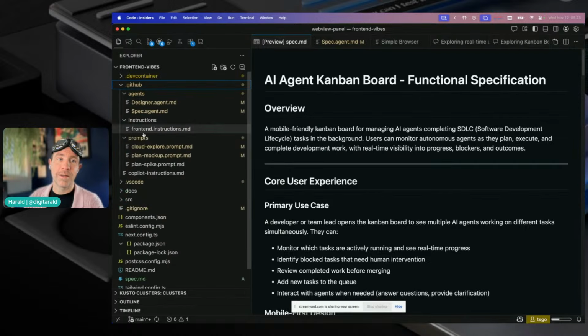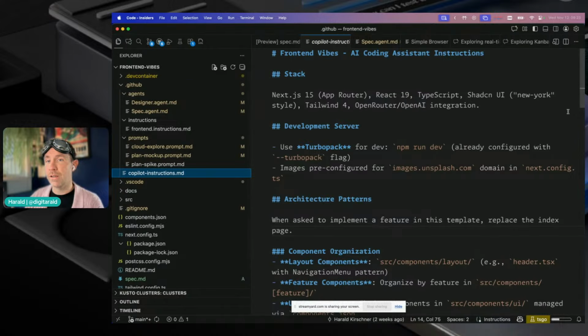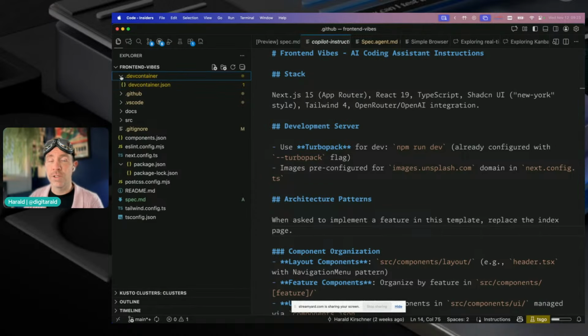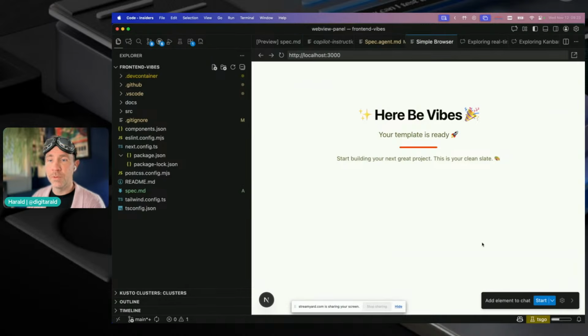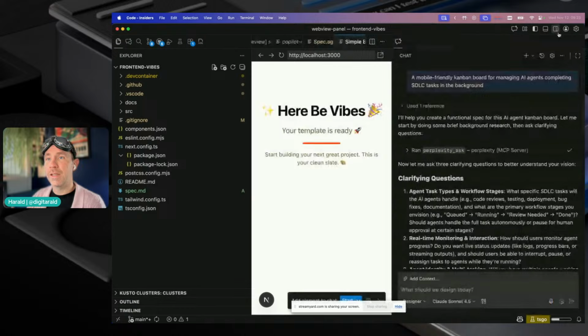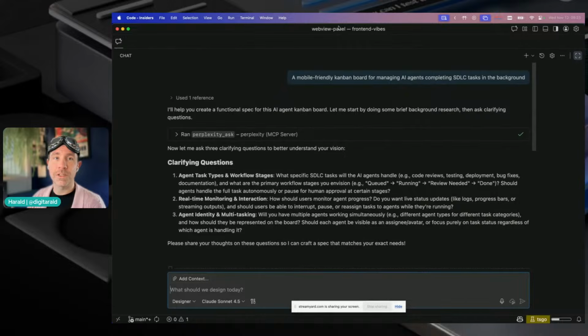It has some documentation to describe the repo, Next.js, CDN. It has some prompts to quickly get started. It has a dev container if I need to work on a remote. But otherwise, it's pretty bare bones. If you look at it here, this is the output, this is the browser. Nothing happened yet. So first step, what I just showed is,